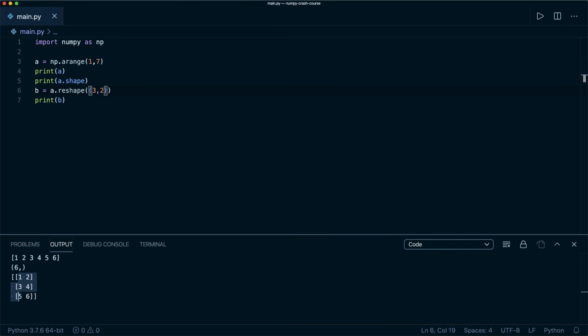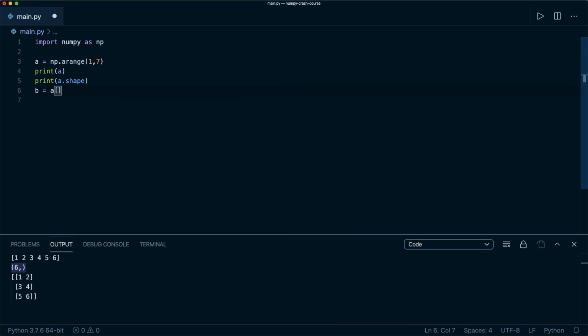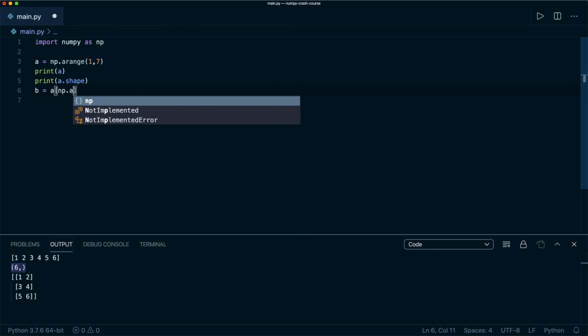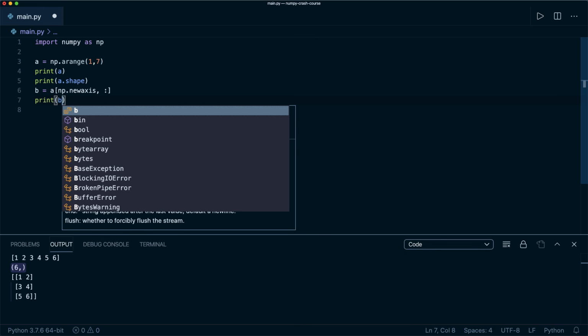Then there's also a method that is called newaxis, and this is used to create a new axis in the data, and that's needed, for example, when your machine learning model requires the data to be shaped in a certain manner. For example, here our shape is only one dimension, and we can add a dimension by saying b equals a, and then if we want to add a new axis in the first axis, then we say here numpy.newaxis, and then comma, and then a colon. And now if we print b,